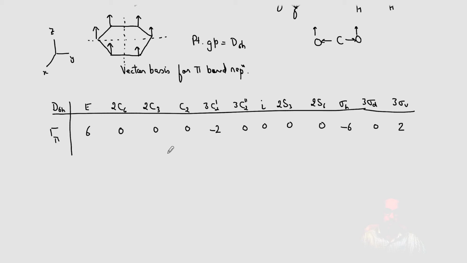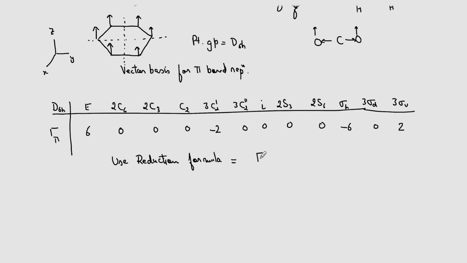Now what happens if I reduce this? So how do I get the component irreducible representations? So what I have to do is use the reduction formula. This is actually one of the questions in the assignment this week. So I'm not going to tell you the answer for this, but I will just tell you a partial answer. You have to use the reduction formula to solve this. Now you know how to create a reducible representation for this. Now you have to use the reduction formula to find out what are the component irreducible representations.